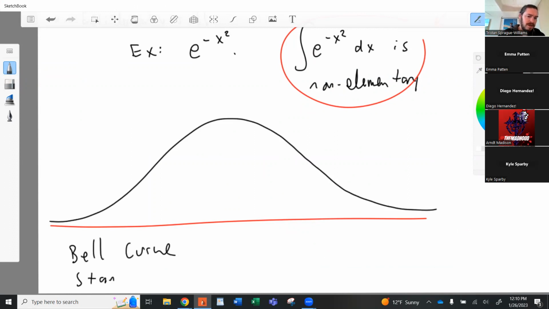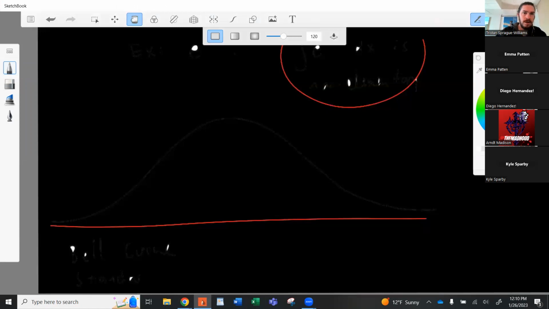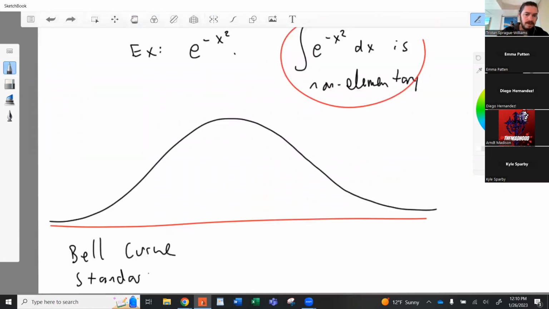It's the standard distribution. Okay. Standard distribution from probability. It's this very important idea in probability and statistics, right? Very important concept. This bell curve is defined